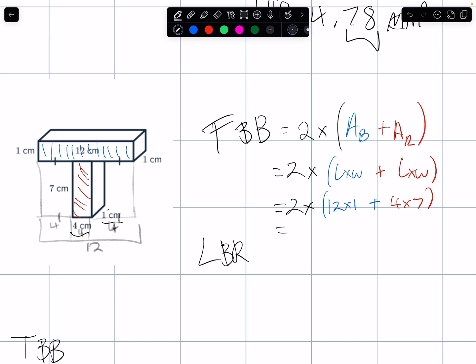4 times 7 is 28, plus 12 is 40, times 2 is 80. Let's just factor this out: 12 plus 4 times 7 times 2. Perfect, 80 centimeters squared. All right, now